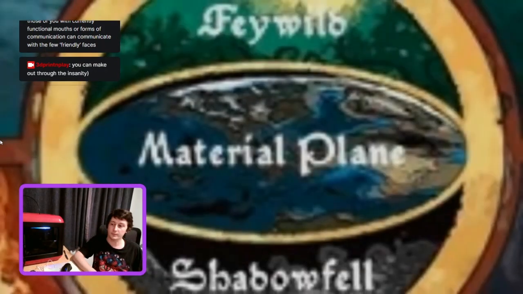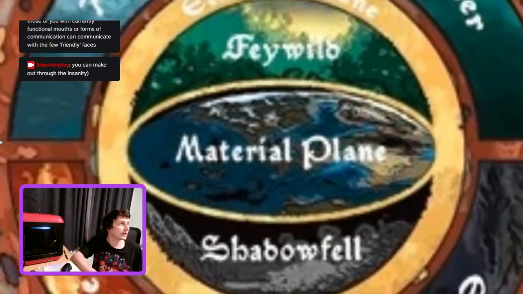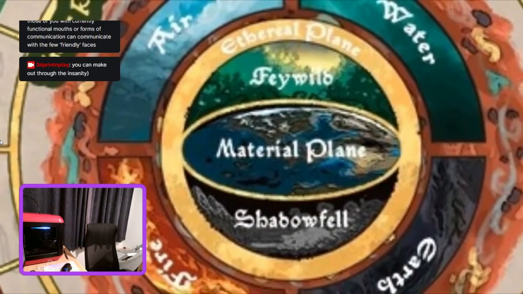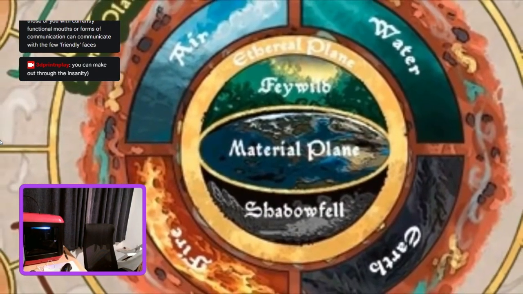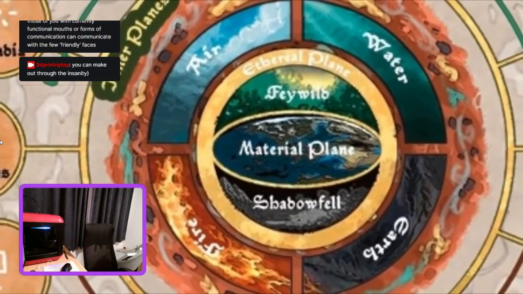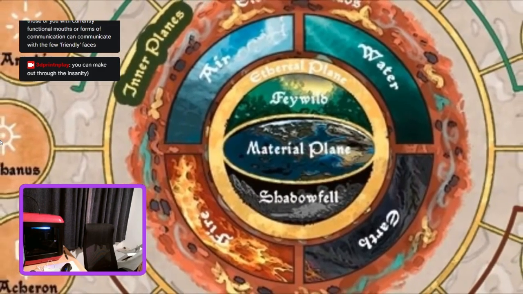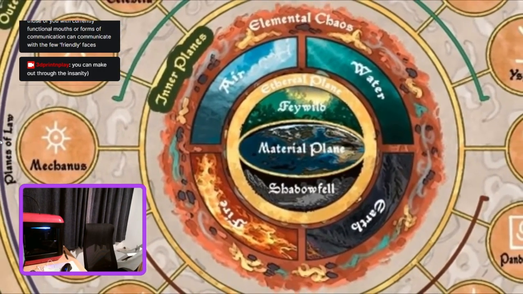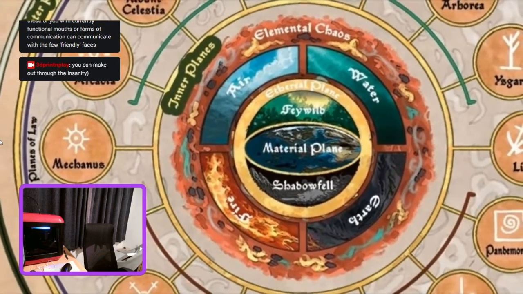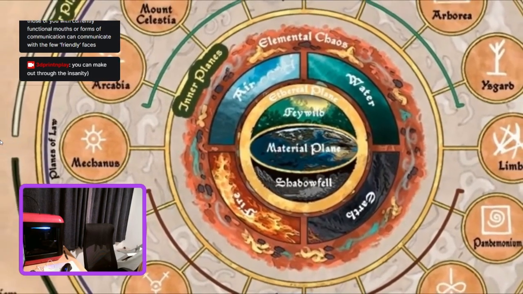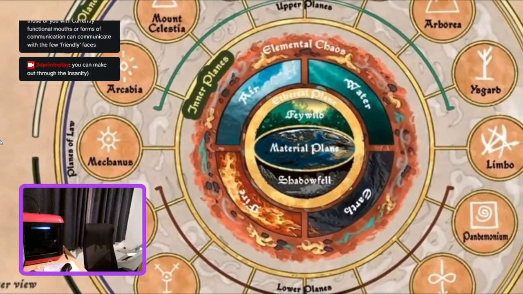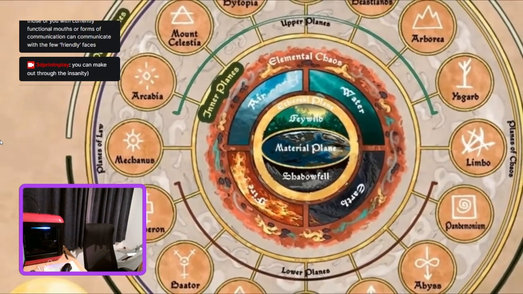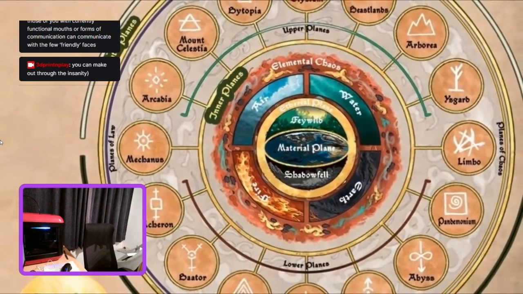The way the planes connect can best be described as a giant wheel, with the Material Plane resting in the very center. As you travel further from the center, you'll find planes that represent the core aspects of the physical world, and further still are the planes that represent ideas. There are other ways that a DM might connect the planes, such as a giant tree or two oceans divided by central planes. Some DMs even handcraft their own cosmologies, but for this explanation, we will use the Great Wheel.